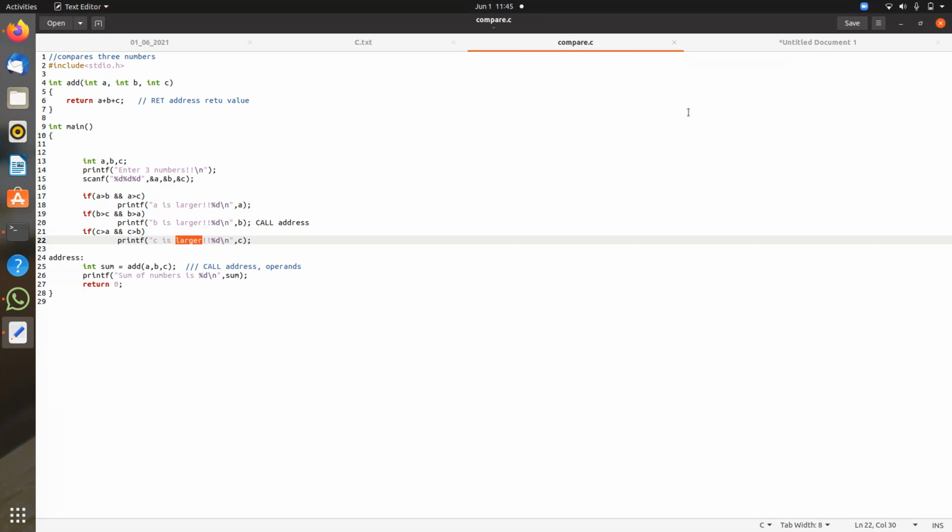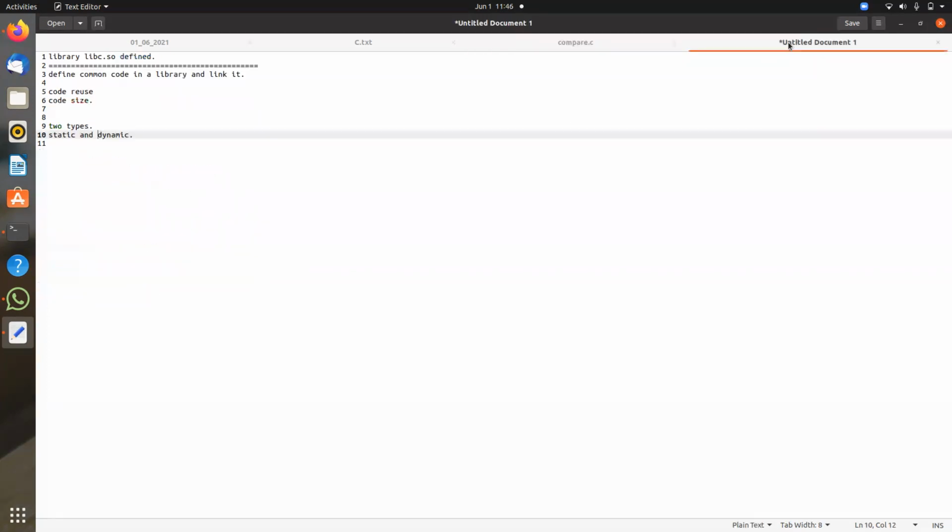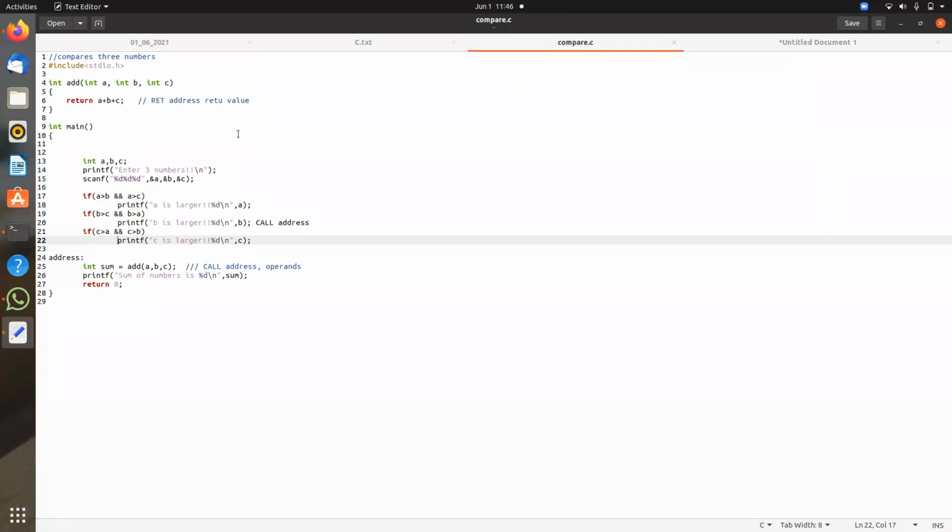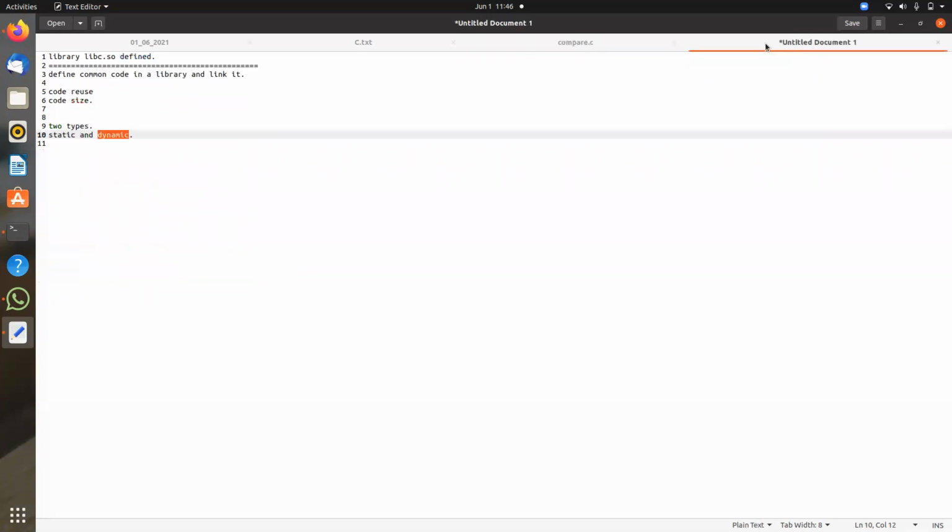In computer terms, static means compile time and dynamic means runtime. So if it is static, it will be inserted at compile time, but dynamic means it will be resolved at runtime. So printf will not sit in the application. Dynamic libraries reduce the size of the application, the code size.